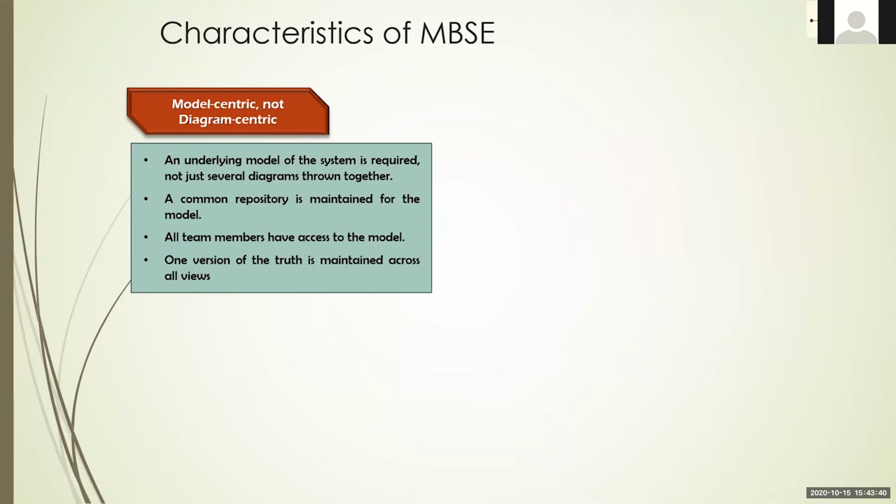No, we are doing that in order to support the development of the system. And we also need to help other engineers to understand what we are doing, okay? So at the end, by working on a kind of big model made of small models, or complementary models, and having everybody access it, we will achieve having only one truth, okay? One truth that is built by all the views of the model and shared between all the team members of the project.